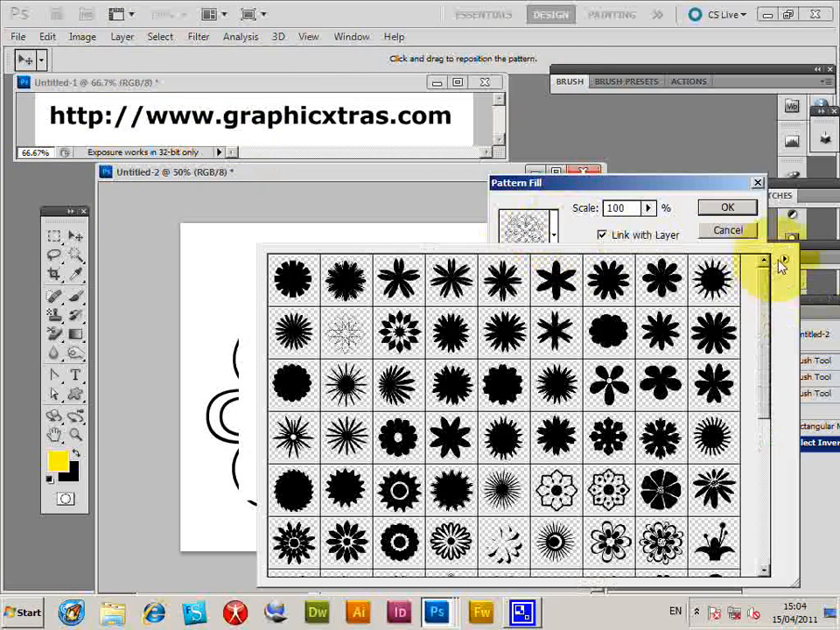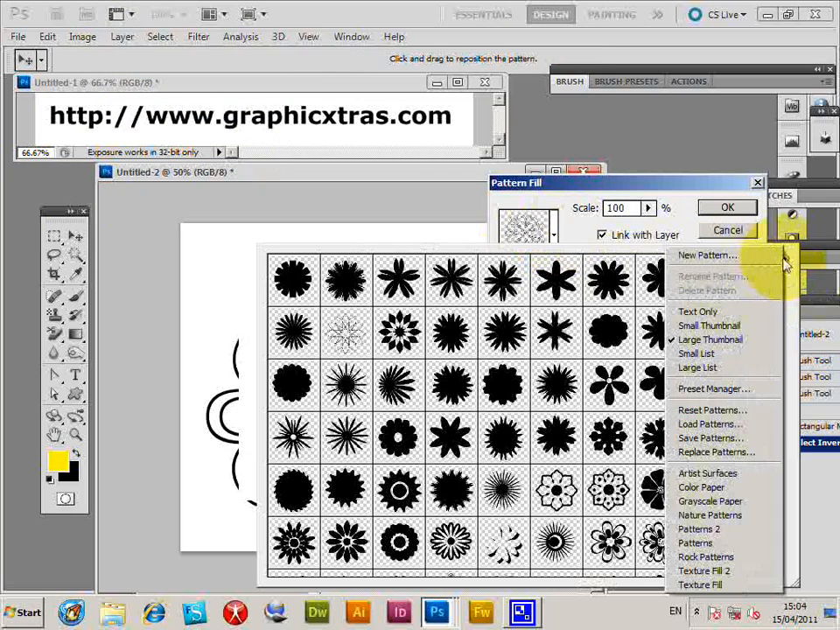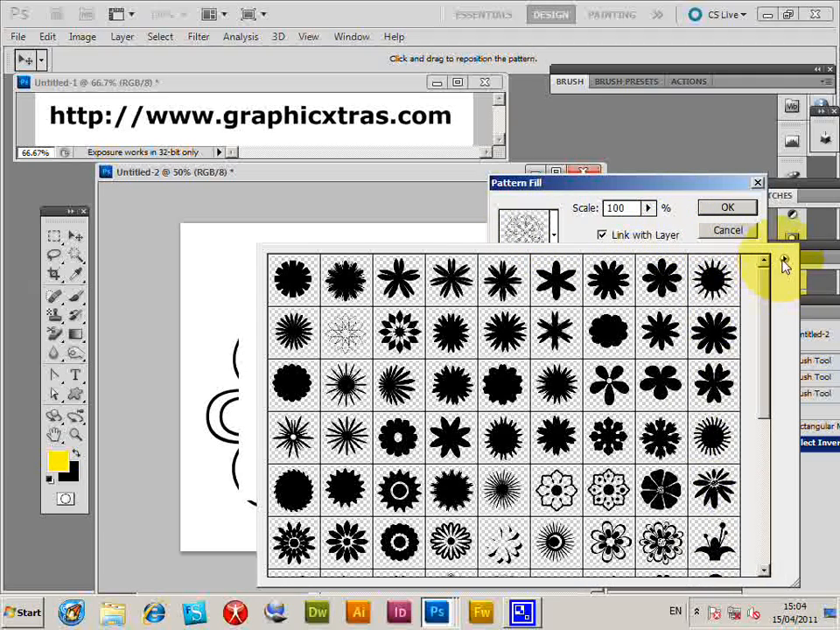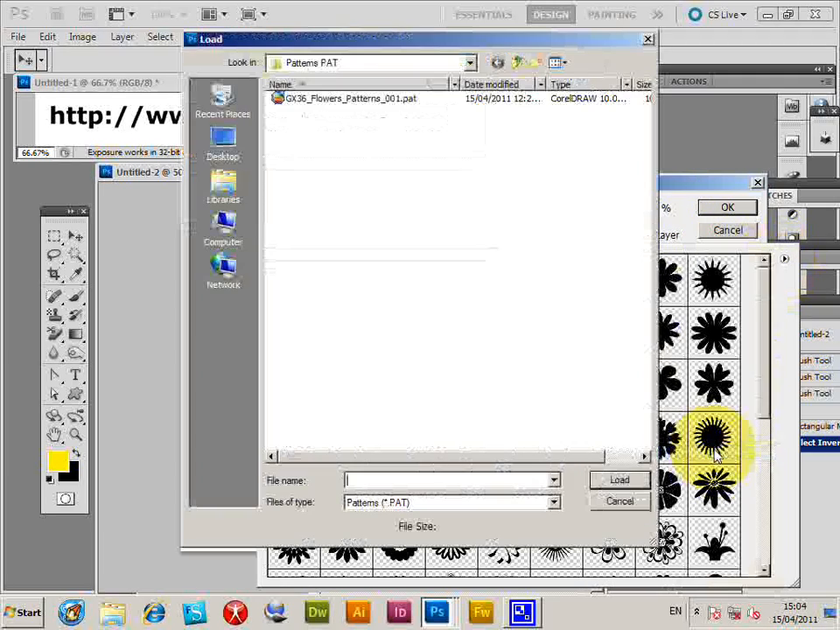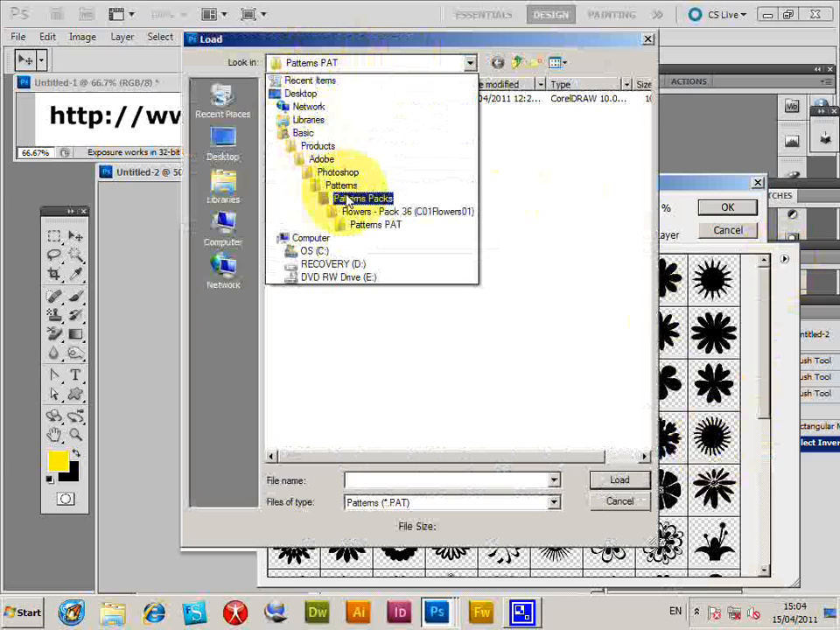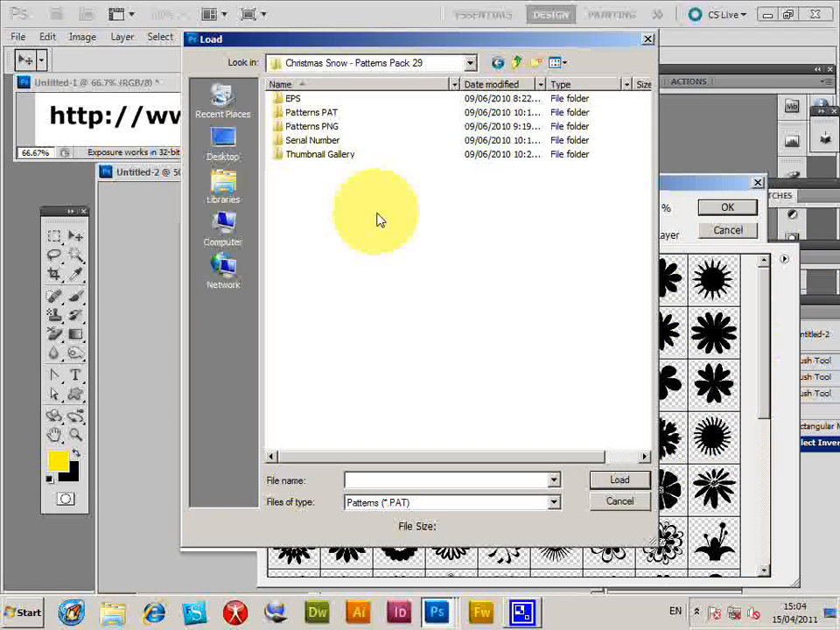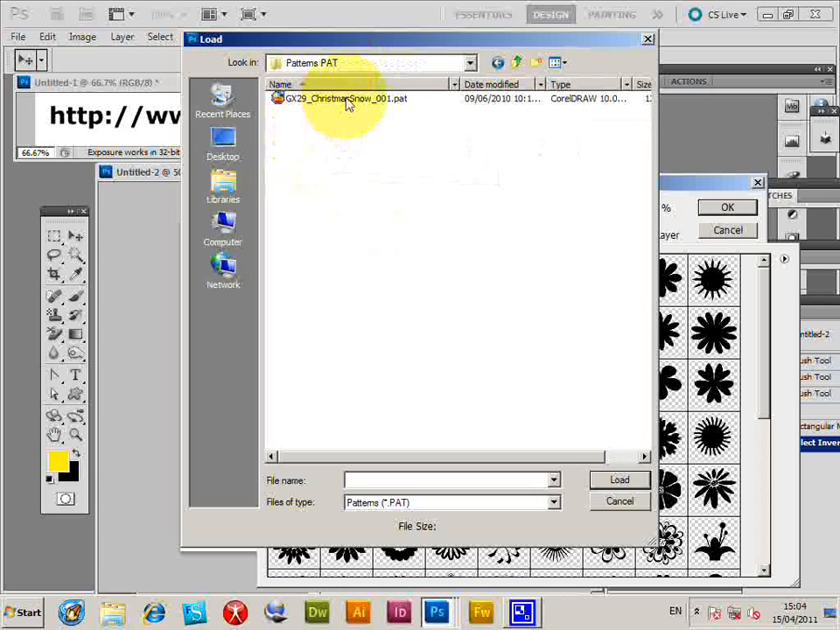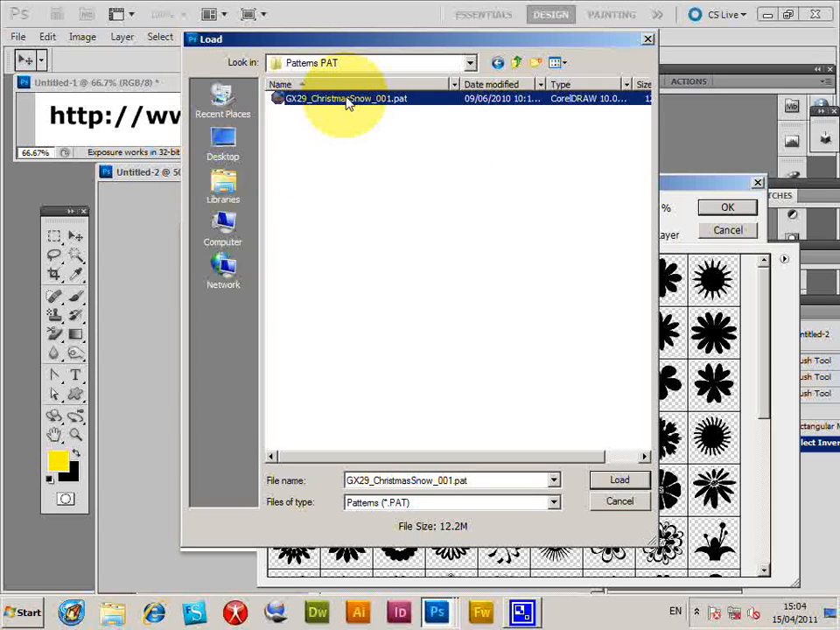Now just going to quickly load up some new patterns. Just go to the right side menu, replace patterns. Just going to go to another design here, snow one from graphicextras.com, PAT files. But you could use any other PAT file, or your own, or ones that come native with Photoshop. Load